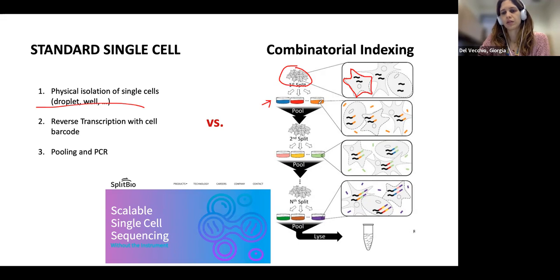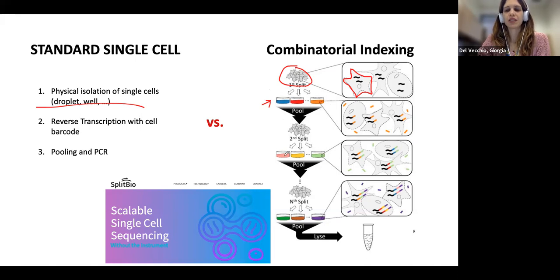And all these cells that will be in the orange well will have the orange barcode as first barcode. So after the first round of barcoding, we are recollecting the cells, pooling all the cells back together again,